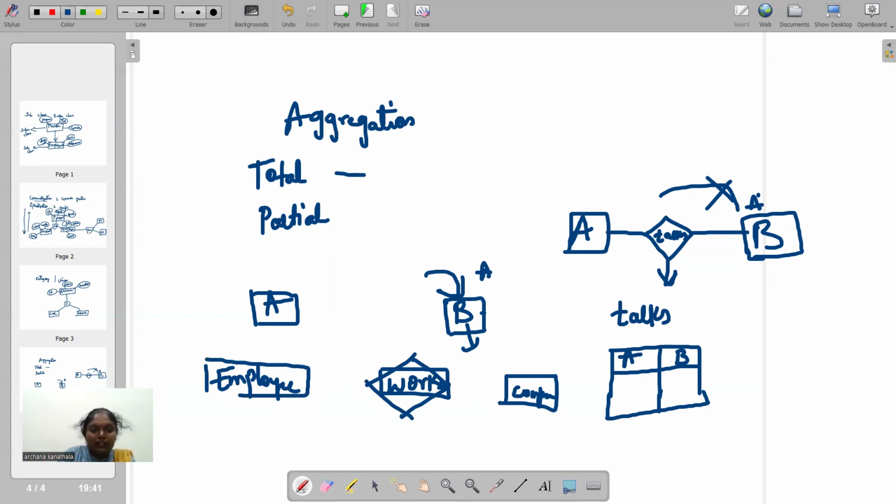Employee works for the company. So this is an association made between employee and then company. So works is a relationship which will give the information about the employees who all are working under the company. Right? So works is an aggregation of both employee as well as company.